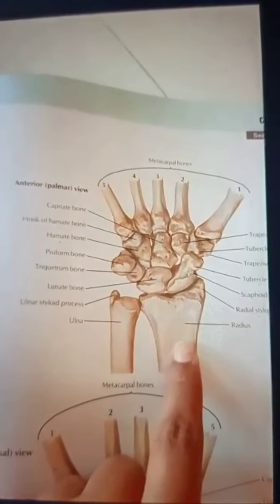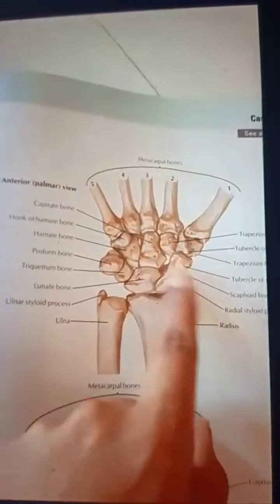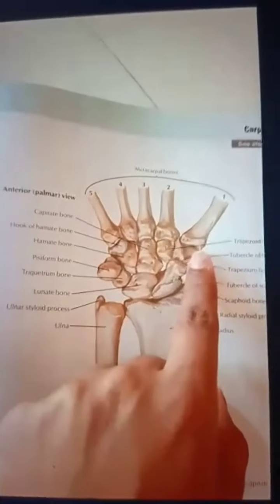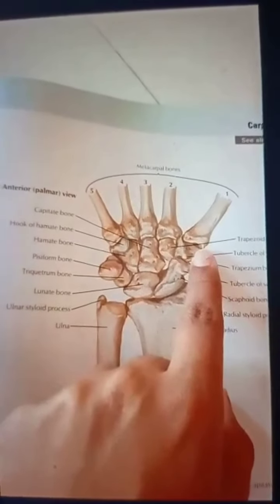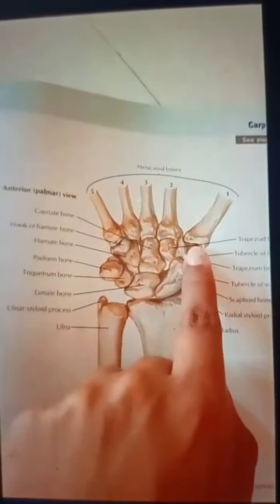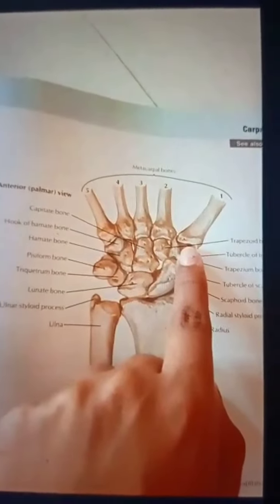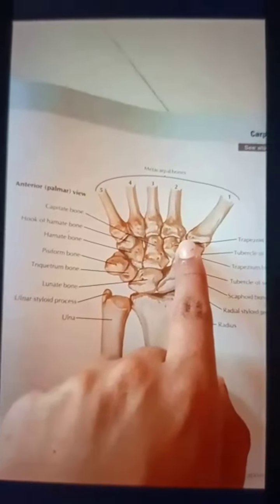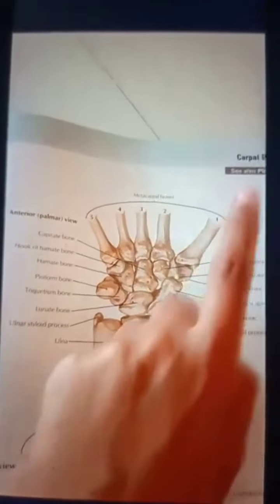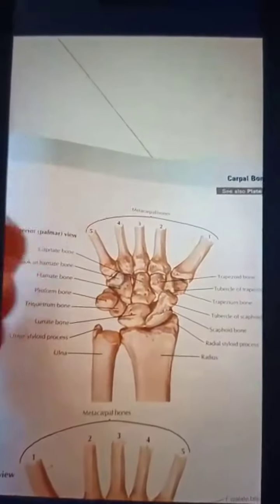And next, the base is a convexo-concave surface. It is a saddle joint. So it is also a type of synovial saddle joint and lies anterior and medial, and the primary ossification center only appears at the base. Sometimes what happens is there is aberrant epiphysis. In that aberrant epiphysis, the primary center doesn't form in the base, instead it forms in the head. Aberrant means something abnormal.